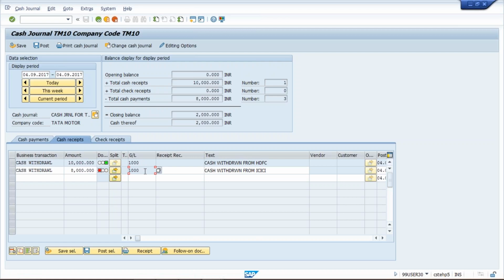This is called a non-editable field. Non-editable means we cannot edit this. Now the problem is, I have withdrawn the amount from ICICI and the system is going to fetch the HDFC GL. So the amount has been reduced from the ICICI Bank GL, but here in the books of account it is going to be wrong because the system is fetching the HDFC Bank GL.